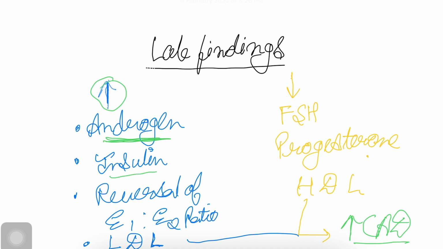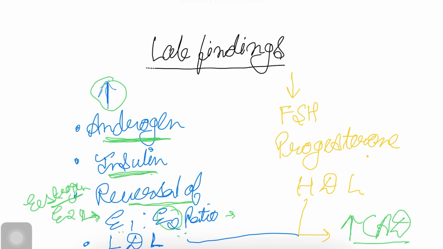There will be an increase in insulin because of insulin resistance, and because of the feedback there will be more production of insulin, and there will be reversal of the E1 and E2 ratio. Normally E1 is more, but in this E2 is more. Surprisingly, estrogen is more because of more E2, but